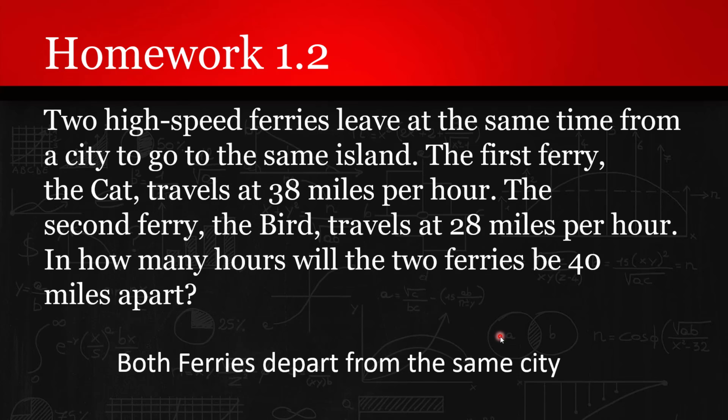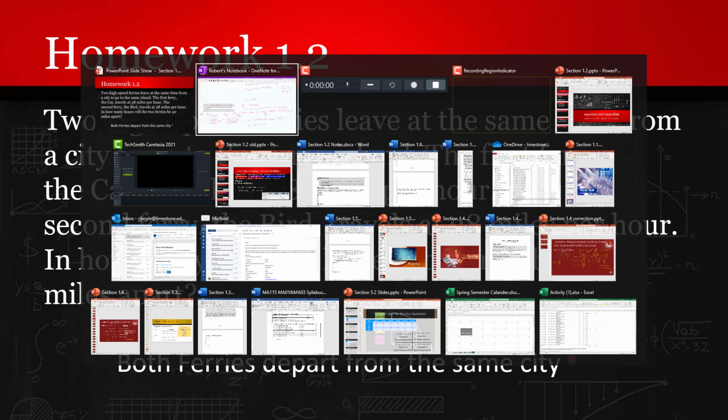Now the other problem that you're going to have, which might be of interest to you in your homework, is this one. Here we have two high-speed ferries that leave at the same time from a city and go to the exact same island. The first ferry, the Cat, travels at 38 miles an hour. The second ferry, the Bird, travels at 28 miles an hour. They want to know in how many hours the ferries will be 40 miles apart. The thing you need to know about this is that both ferries depart from the exact same city and they're going in the exact same direction. As a consequence,